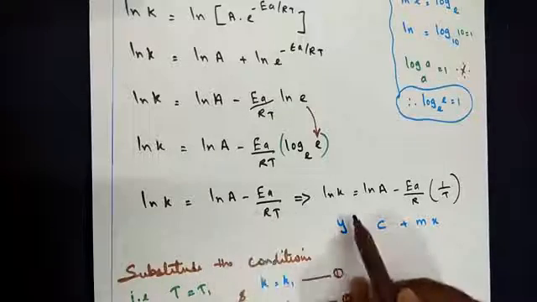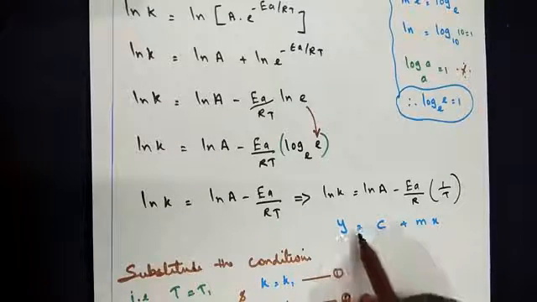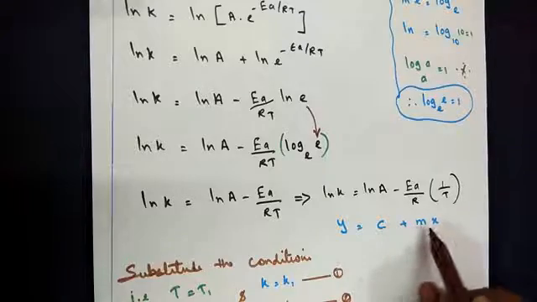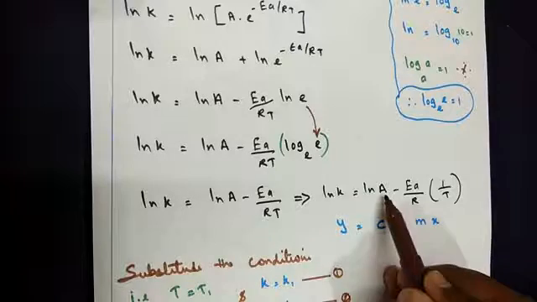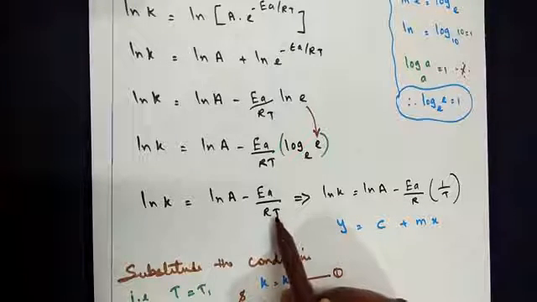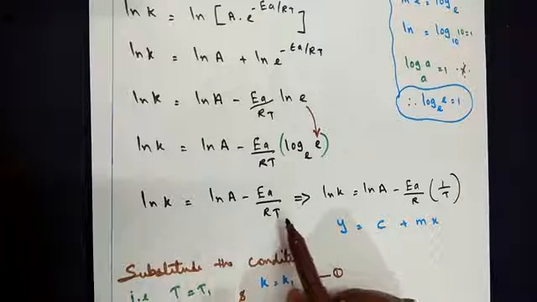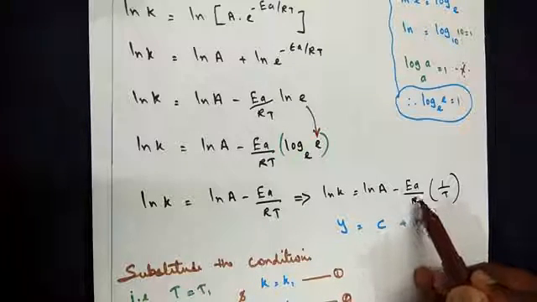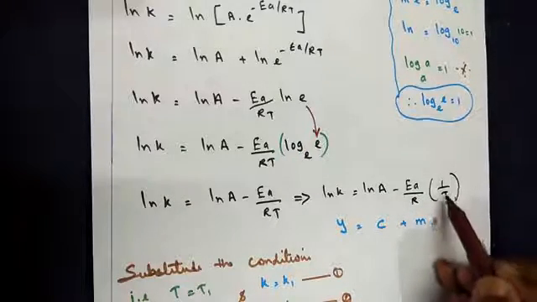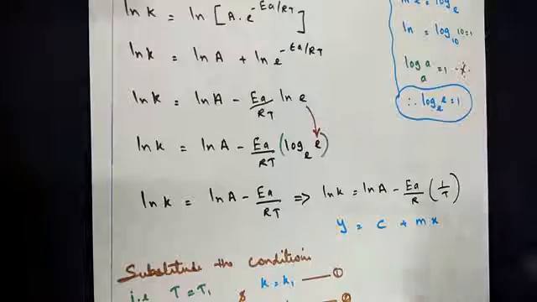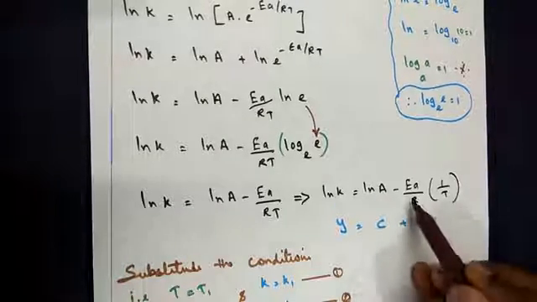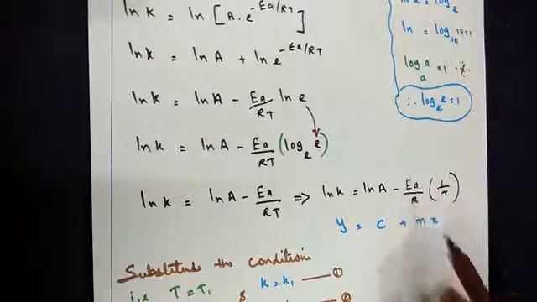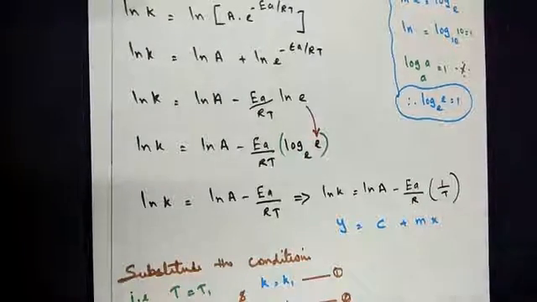Now this step can be rearranged and written to get the slope, that is y equals mx plus c. So natural log of k is equal to natural log of a. Now T, where temperature varies, we have seen it according to the given conditions. So minus Ea by R, we take it outside the bracket. 1 by T, we leave it within the bracket. So y stands for natural log of k. C constant stands for natural log of a. M stands for the slope, that is minus Ea by R. X stands for 1 by T.